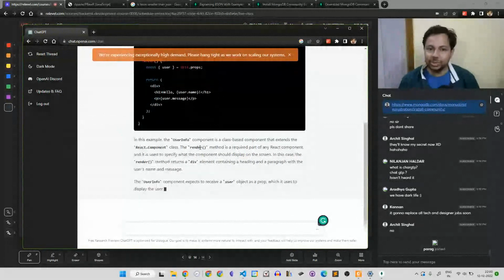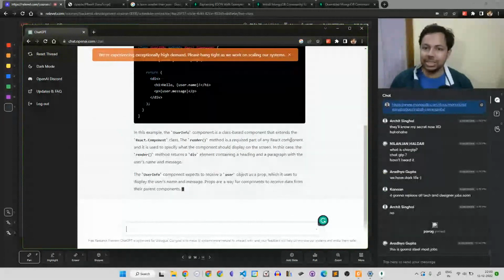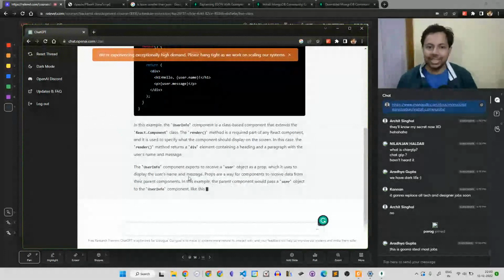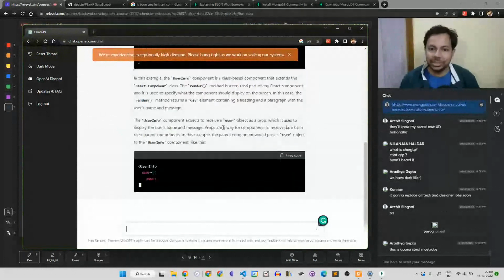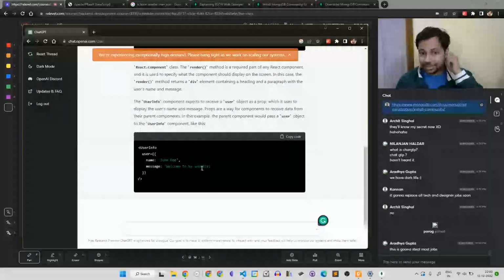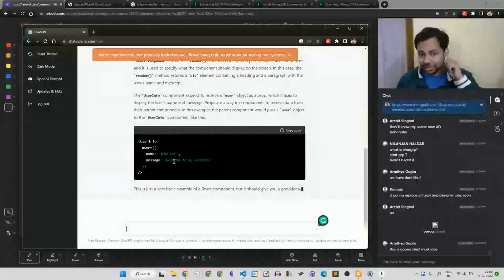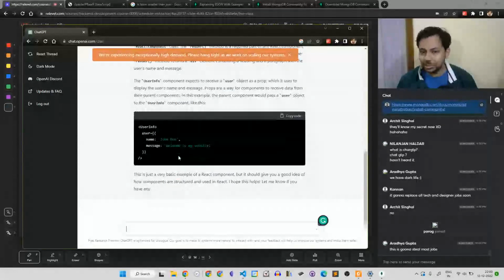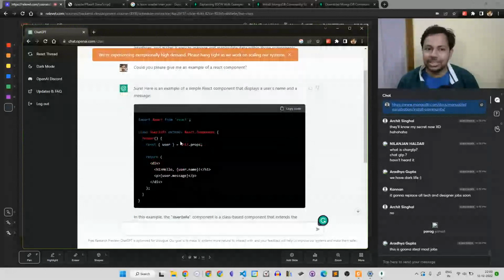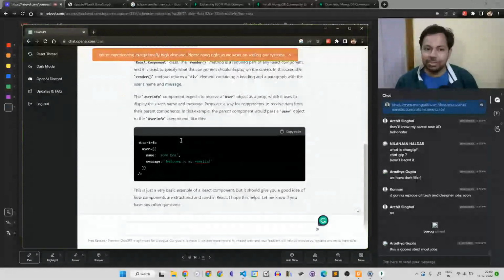In this example, the user info component is a class based component that extends, and expects to receive a user. Then this is how you include that code in the HTML file, and suddenly the HTML file will have the component.